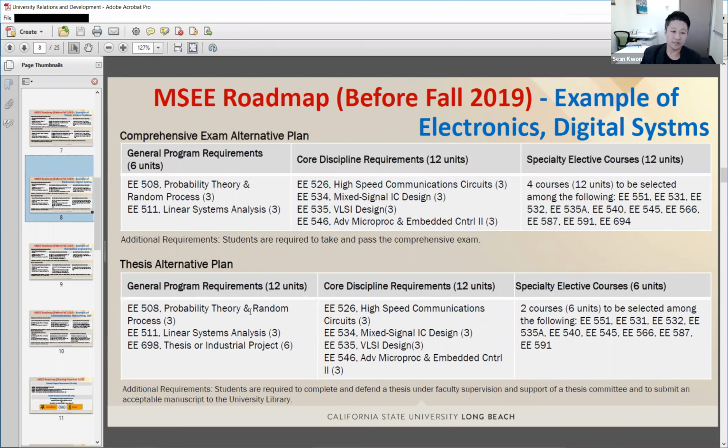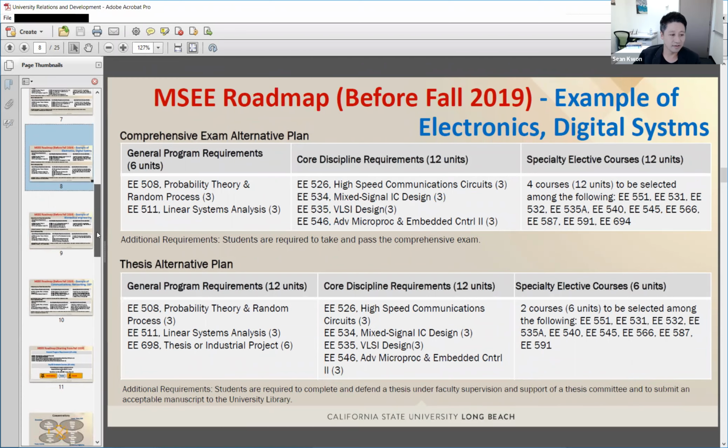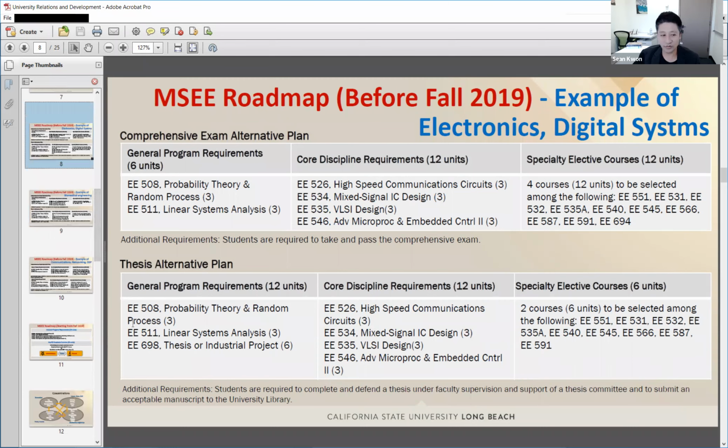If so, please refer to these 4 slides, and you can have some sense about related or helpful classes for your emphasis. Any questions so far? Good.